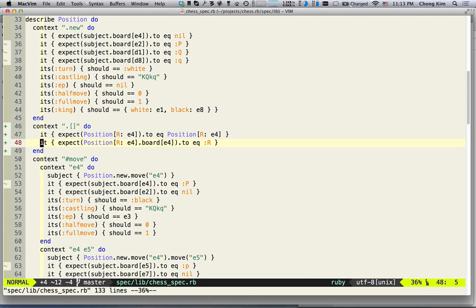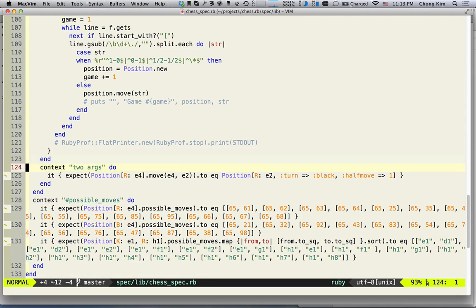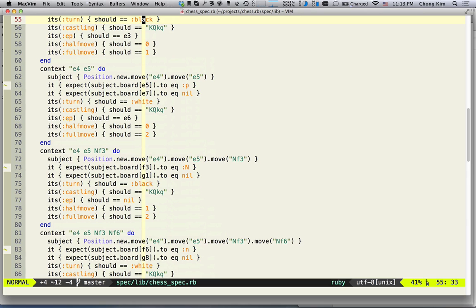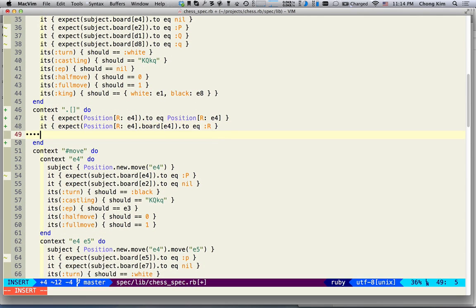The other thing that we kind of missed out was, let's see, two args, that this only allows you to put one rook in here. So if I go back to the other position, okay, so if I go to the position over here, I should expect that the position with a rook on e2 and e4, let's say,